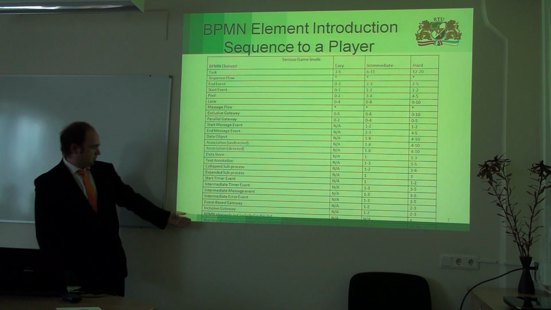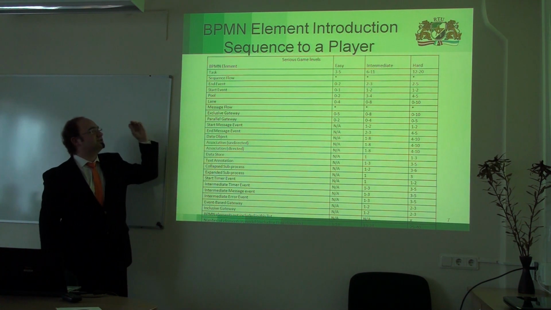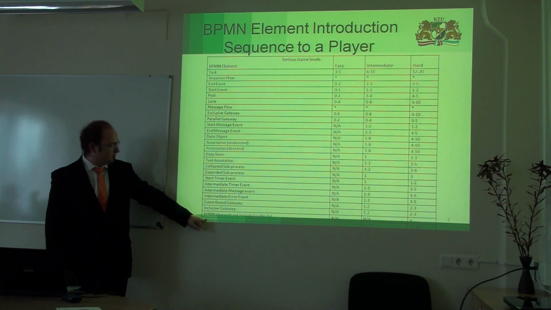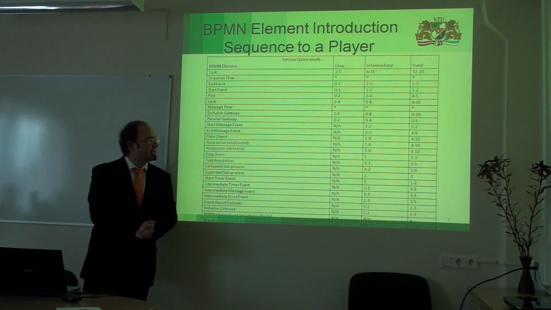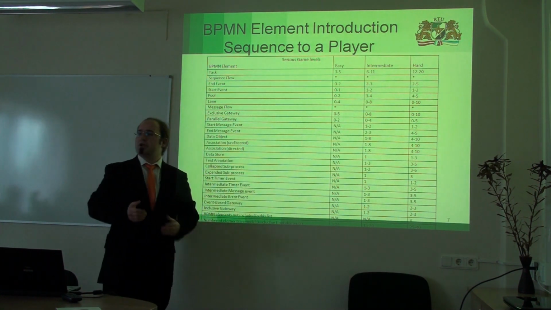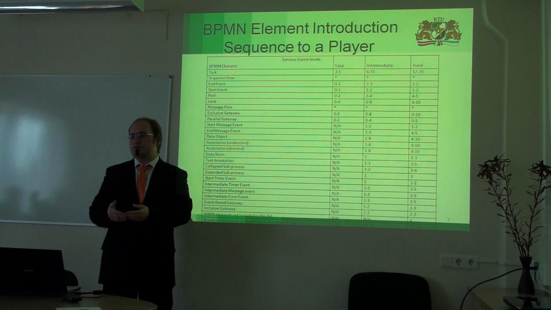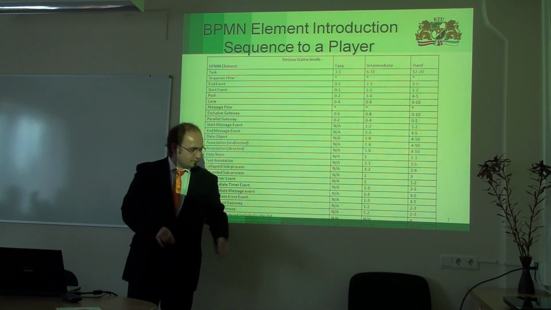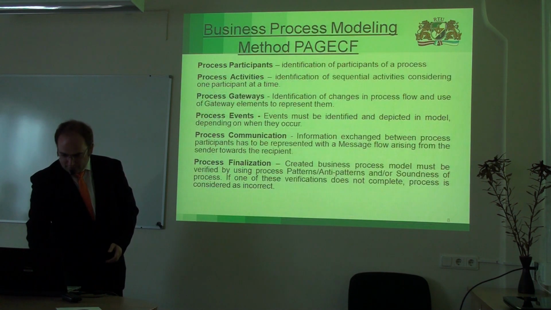I came up with the table. This table shows the sequence of how each particular BPMN element, except those which are not included, must be introduced to a player of a game. This part shows the levels of a serious game. So we can constitute game in 3 major levels: easy, so very introduction; intermediate, they are more elaborated; and hard, where all elements should be applied. So this was one part.